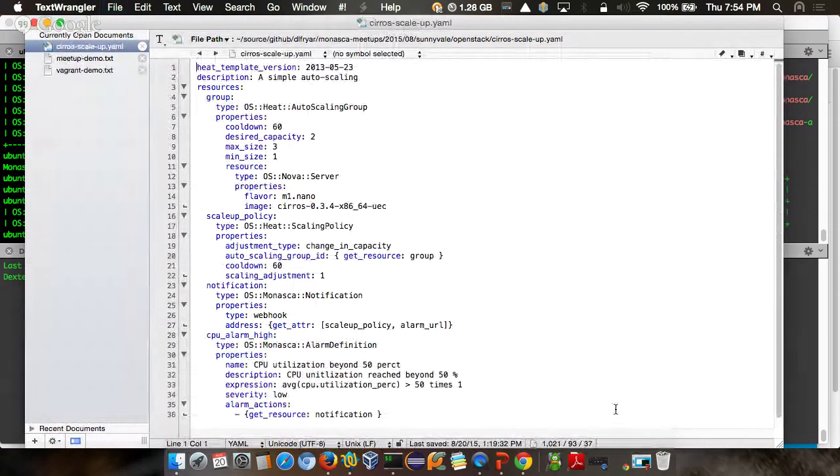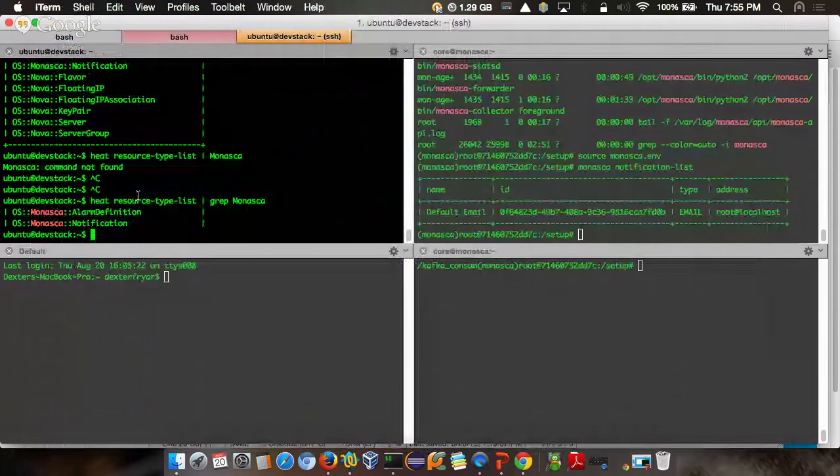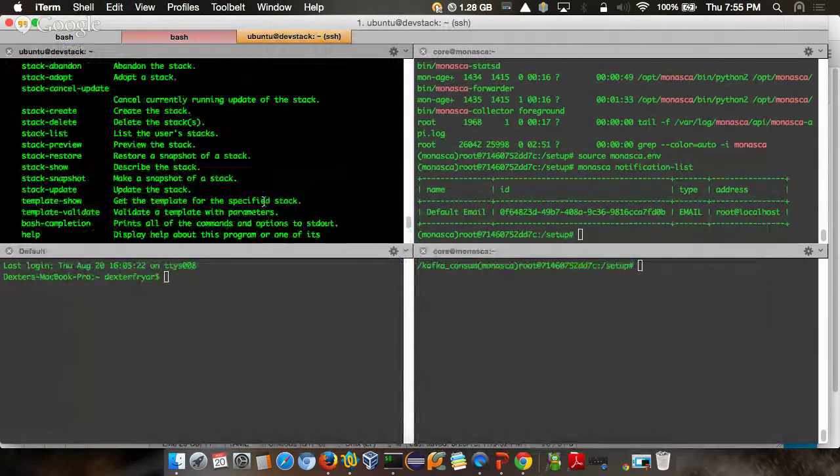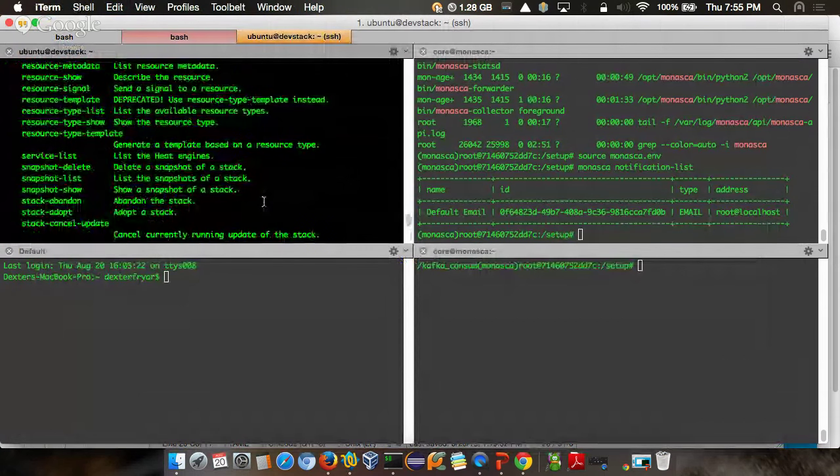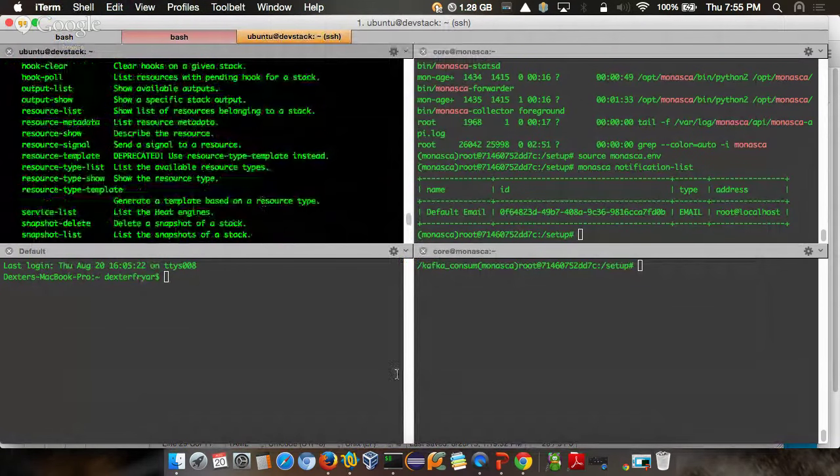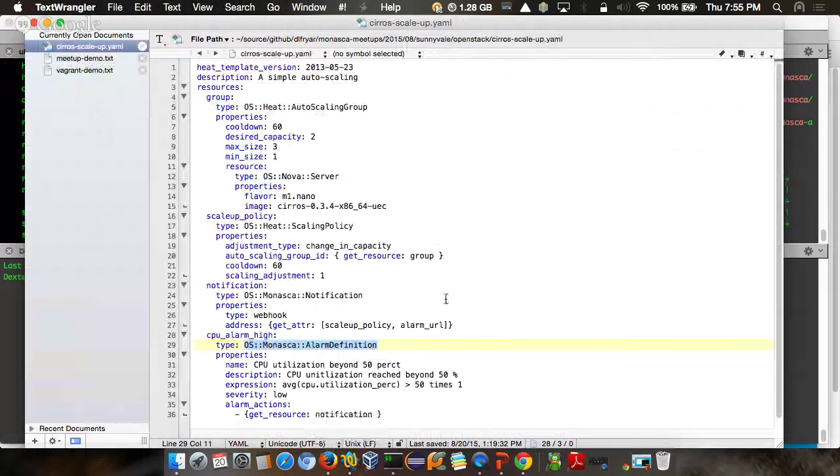This is a fairly generic image, the one that it's using, but here are the different resources that we saw whenever we looked at the resource list in this resource type list command. And if you look at Heat, same commands up here, so they're a similar kind of pattern: list, show, things like that. This template here defines an auto scaling group, and I had an authentication problem on the Docker demo. Otherwise, I would show you exactly the workflow like we did the alarm,